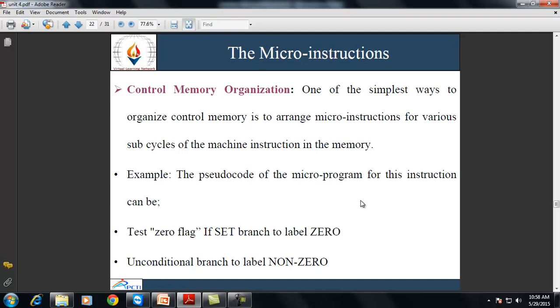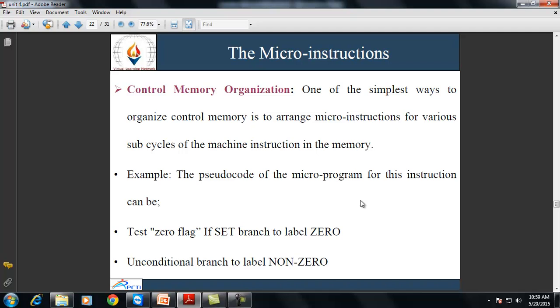Now the next one is control memory organization. One of the simplest ways to organize control memory is to arrange micro instructions for various subcycles of the machine instruction in the memory. For example, the pseudocode of a microprogram for this instruction can be: test 0 flag, if set, branch to label 0, unconditional branch to label non-zero.